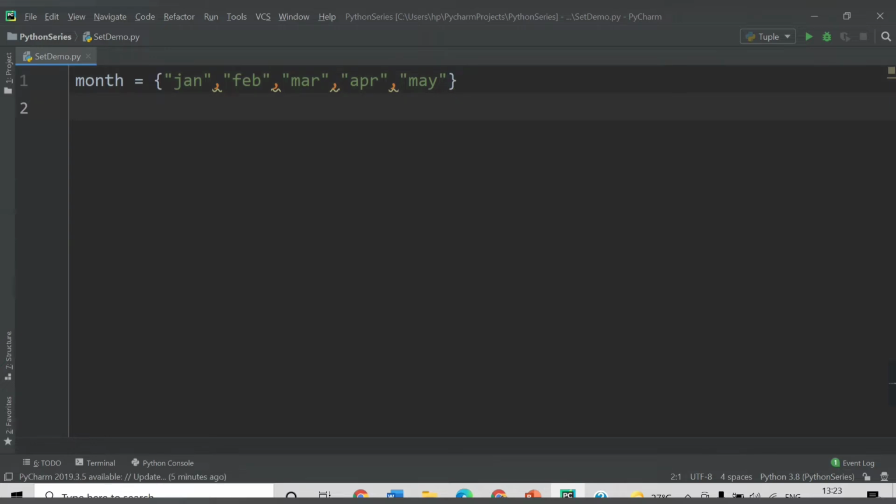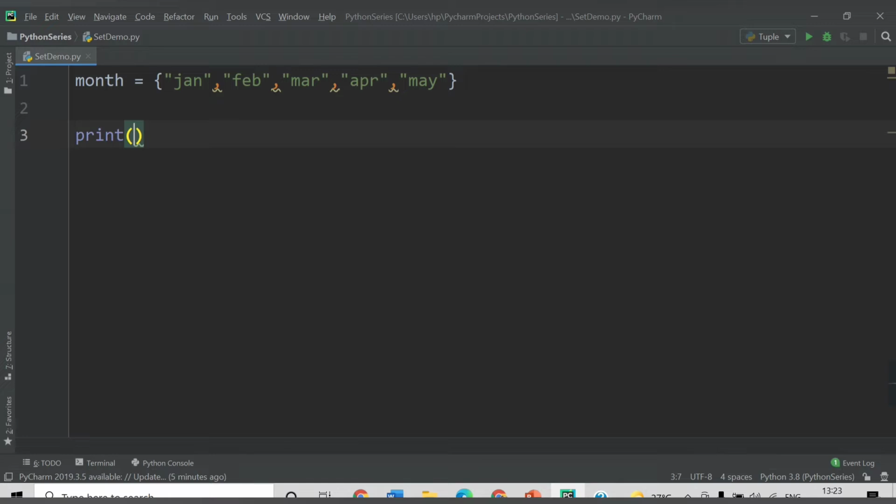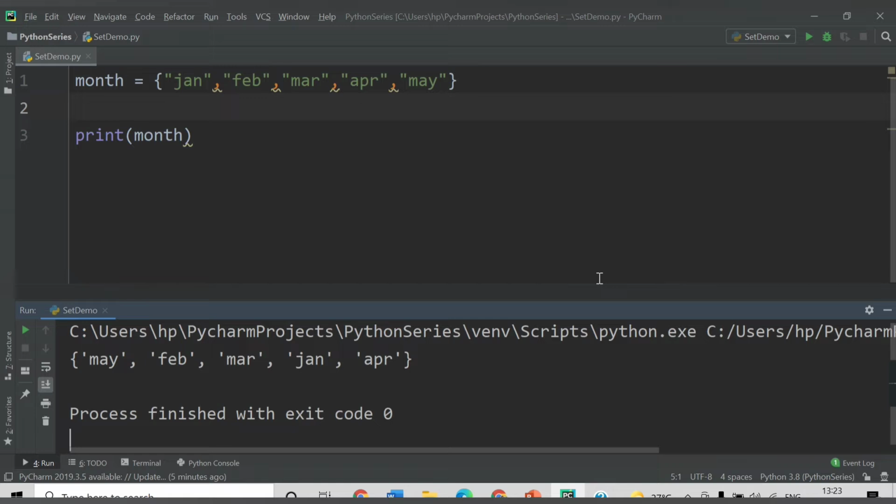Now what if I try to print this, print month. If I save this file and run set demo, you are able to see the values of the set, but we are not getting the same order in the output which we have provided, because the items in sets are unordered.